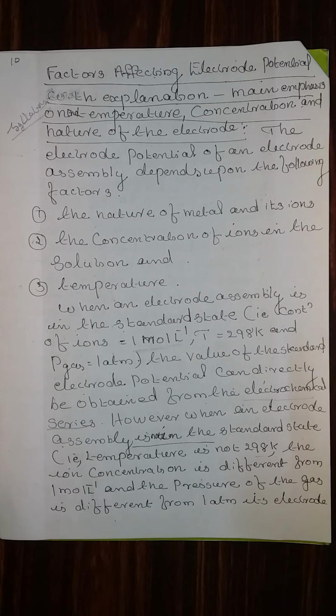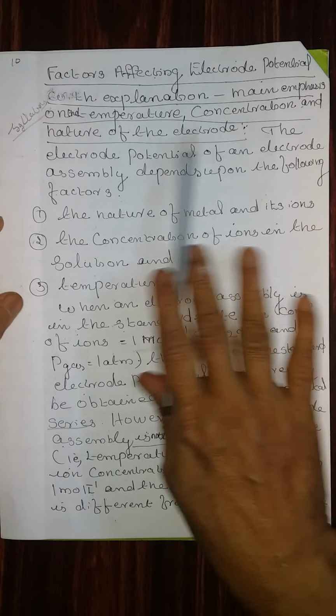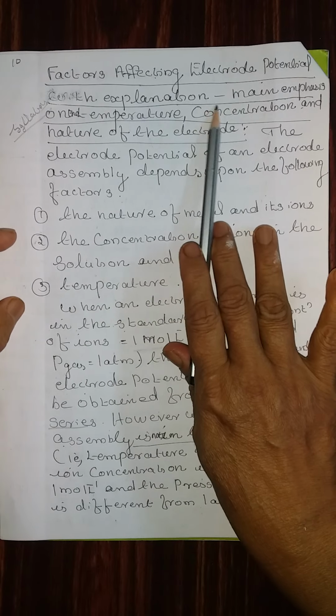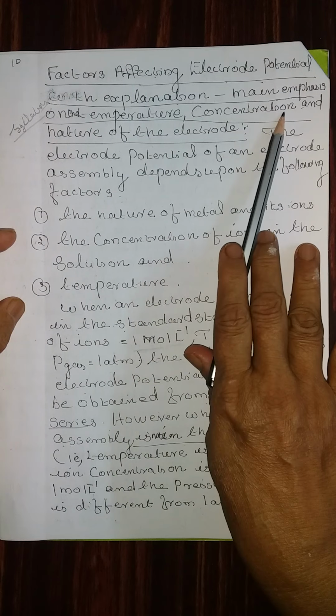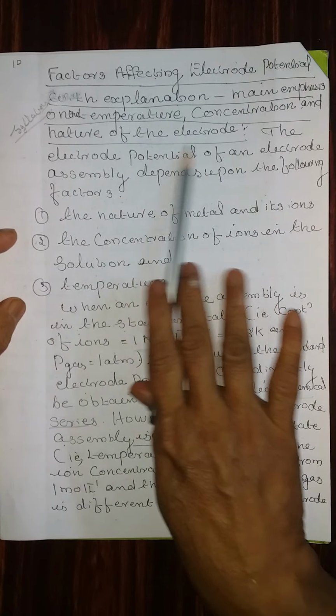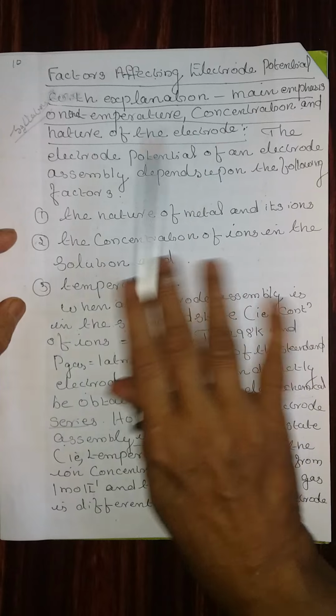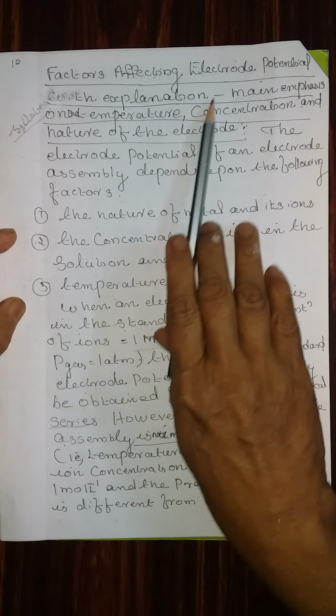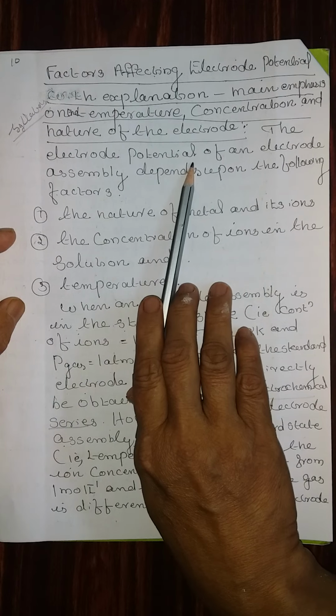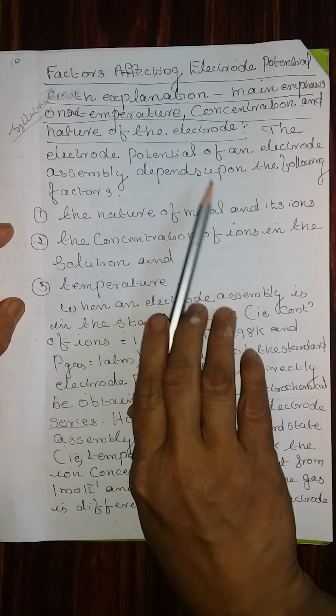Factors affecting electrode potential with explanation. The main emphasis is on the temperature, concentration, and the nature of the electrode. This is the portion given in the syllabus. You must have a thorough idea about each point, then only you can do the assignments given at the end